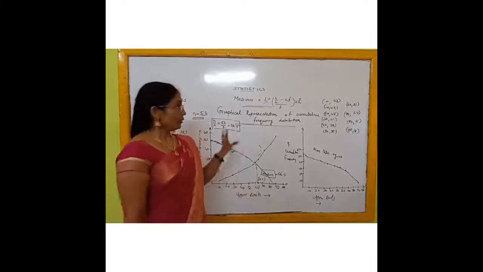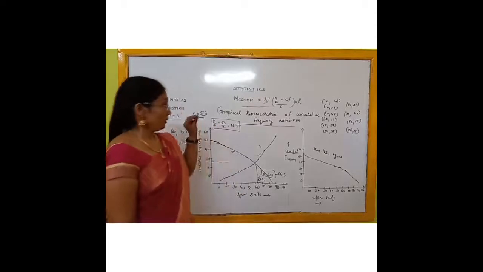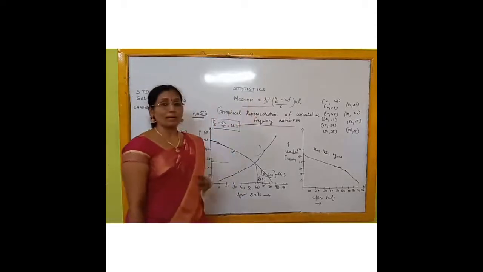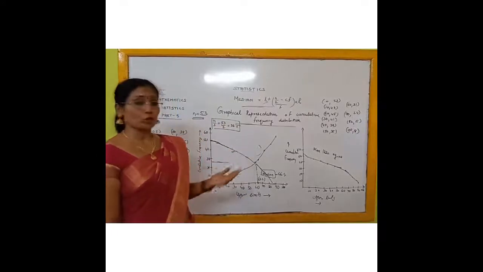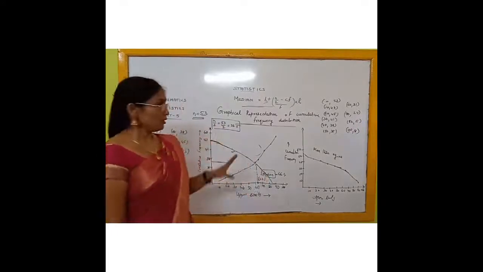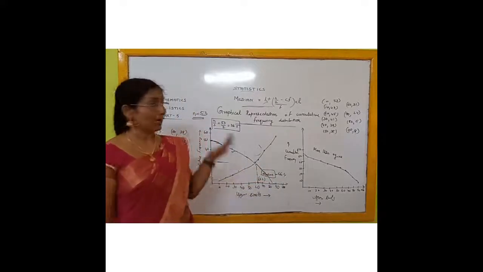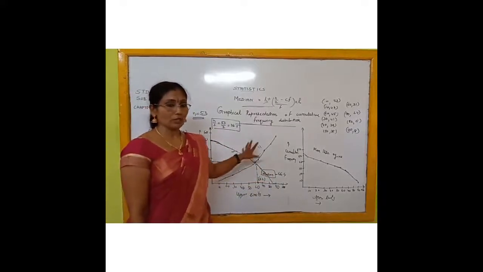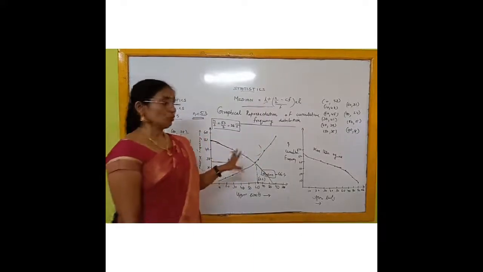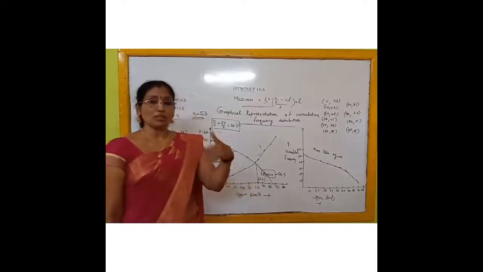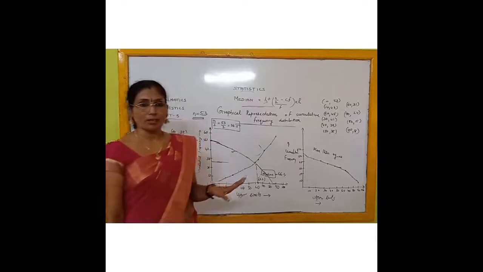Clear for you now? We have now seen how to find the median of this frequency distribution using the formula as well as by graphical representation. Now the remaining questions of that exercise you can do yourself, because I have done all the types of sums in the class. Especially this graphical representation you have to do in a graph paper notebook, and then find the median, and also verify using the formula whether you get the same answer or not.